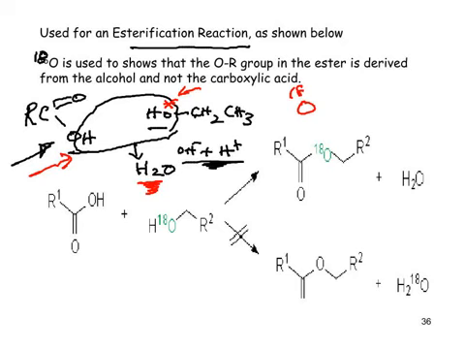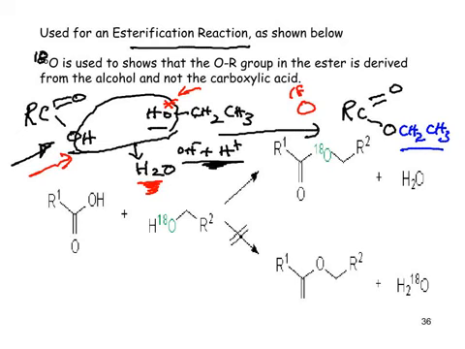And the radioactivity associated with that oxygen should show up in the water and should not show up in the ester. Because according to what you've presented there, you should end up with R-C double bond O, the O being part of the ester, and then the alcohol, if I turn to blue, has provided the CH2, CH3,